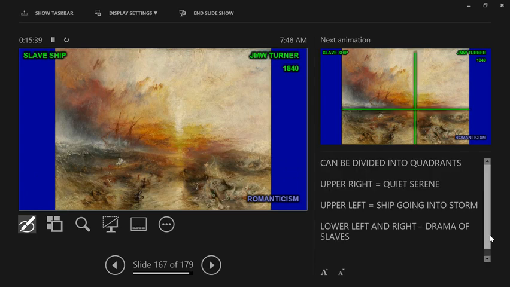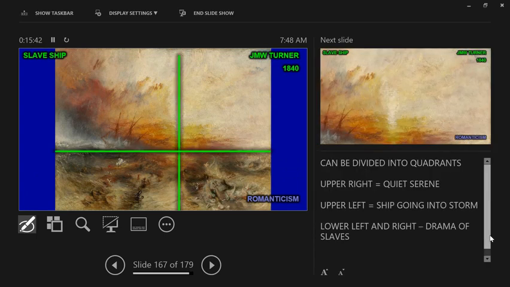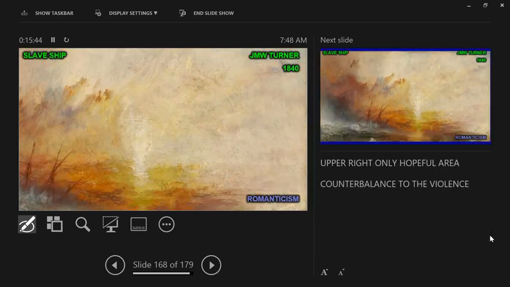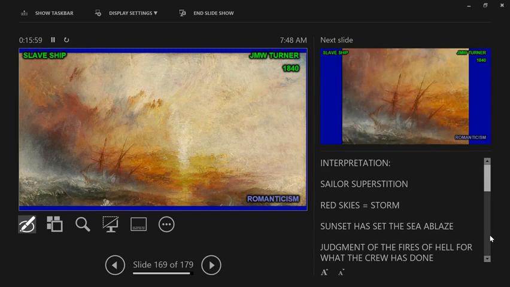You can divide this painting into 4 quadrants right here. So the upper right is very serene and calm and hopeful. It's the only hopeful area of the picture. And it's a nice counterbalance to the violence and the horror that's going on in the lower section of the painting. The upper